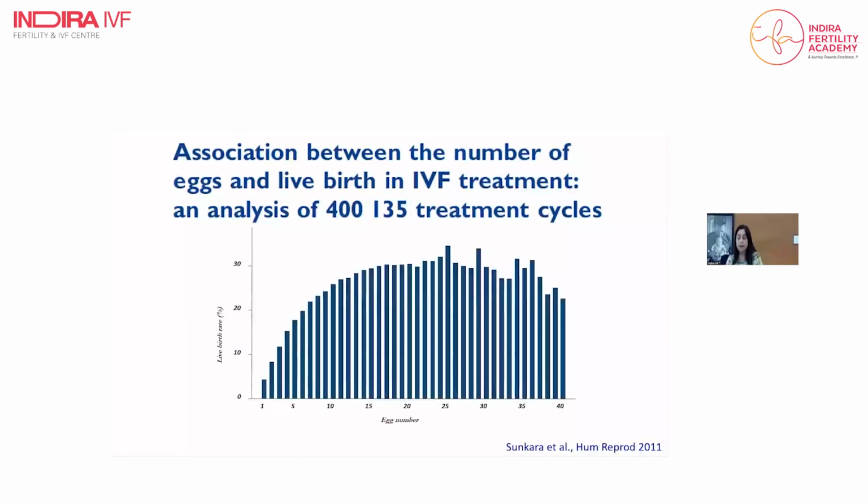So how does it translate clinically? And this is a study we did quite some time ago. The main aim of the study was to see the association between the number of oocytes retrieved following ovarian stimulation and live birth in a fresh transfer cycle. And what we found from this study, and we demonstrated for the first time, is that there is a very strong association between ovarian stimulation, number of oocytes retrieved, and live birth in a fresh cycle. And if you're looking at local